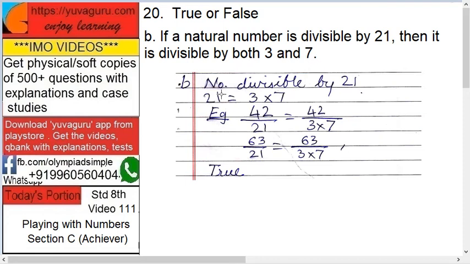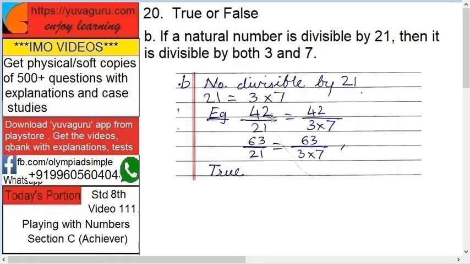Okay. So 21 divisible by 21. It means 21 is 3 into 7. So it will definitely be divisible by 3 and 7. Okay. So here it's like this. If this bigger number divides somebody, then these smaller numbers would definitely divide. But vice versa is not true. If this smaller number divides somebody, this bigger number may not divide, right? If the product divides, then this bigger number divides. Got it? Means if this bigger number 21 divides, then the smaller numbers, which are factors of it, will definitely